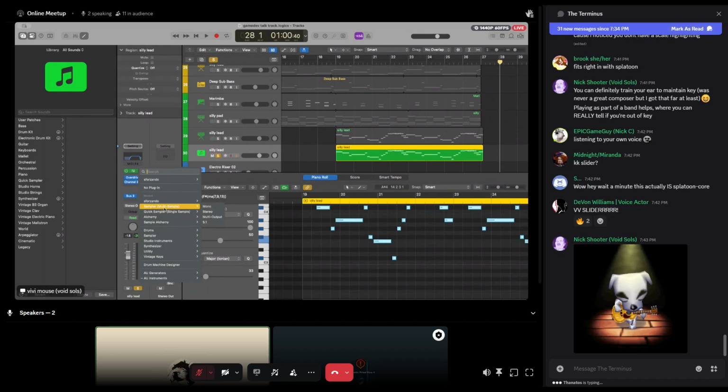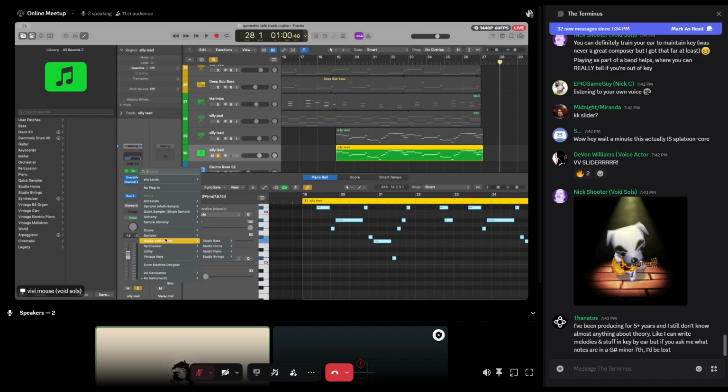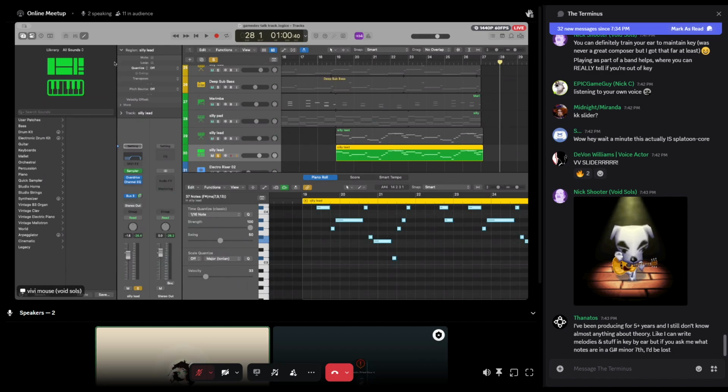I'm using Sforzando unnecessarily, because there's a built-in sampler in Logic, but Sforzando is cool because it lets you give it arbitrary tuning, which you can't do in Logic. I make a lot of microtonal stuff, so I use it for that.